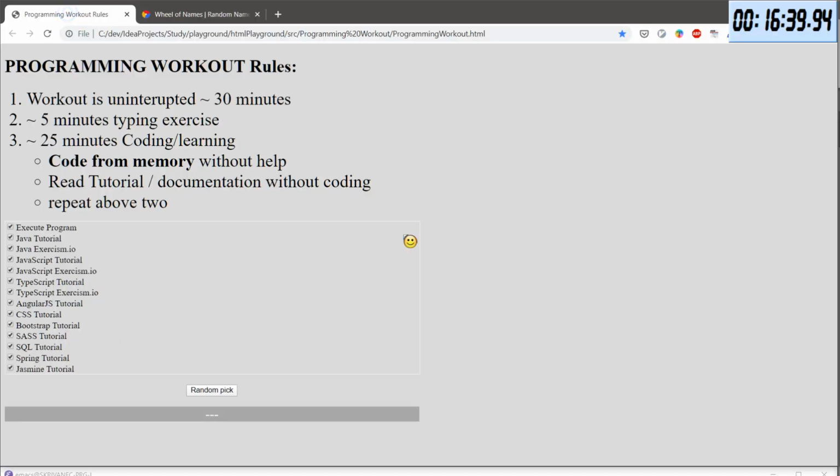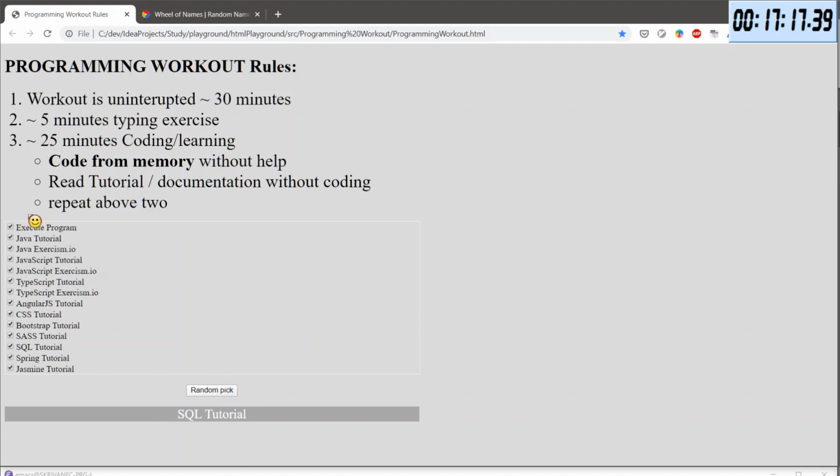Okay, so I can talk about how I imagine it to appear. So here will be a checkbox, and it says Java. Then there will be JavaScript, TypeScript, and so on. And below it would be this column, and that would add everything which has a check to the random picker.